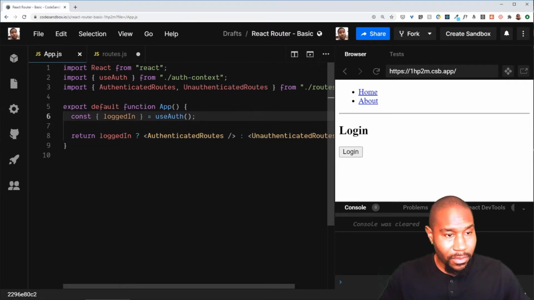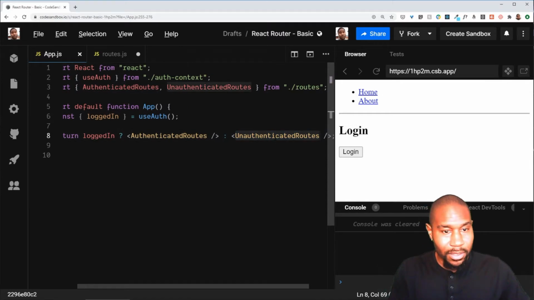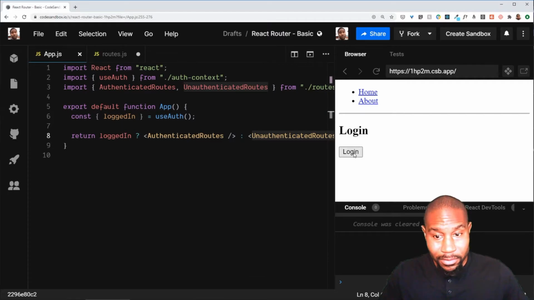So now we're using the context. Initially that value is false. So when we return logged in, are we logged in? Nope. So we're not going to get the authenticated routes. We're going to get the unauthenticated routes. So if we log in now,